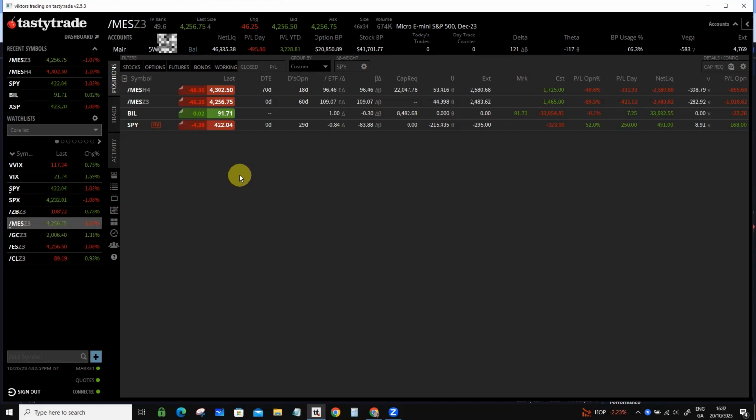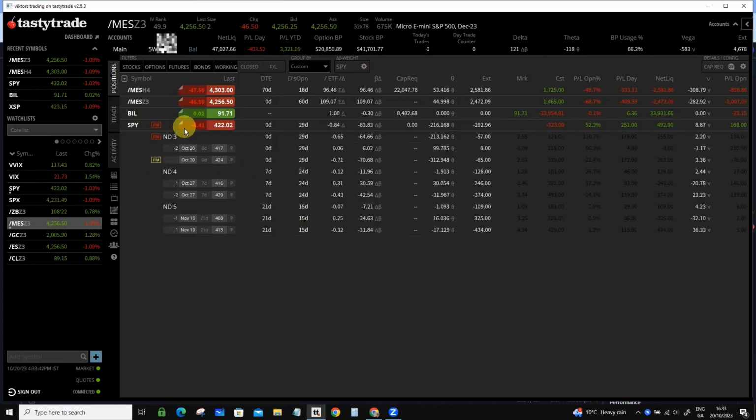a loss. And just a quick reminder, we don't really want to lose any more than 200% of the premium we collected on the naked puts on any given trade, and that allows us then to multiply that with the number of trades that we have, and that would show us some type of a maximum drawdown in a normal market environment without any black swan events. So that's something that I want to talk a little bit more about, and I'll make a video, maybe even over the weekend, about determining your potential losses and how you're going to then size from that point on. Before we go there, let's take a look at some of the trades that we might want to close